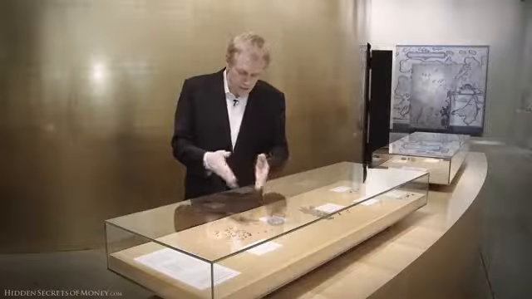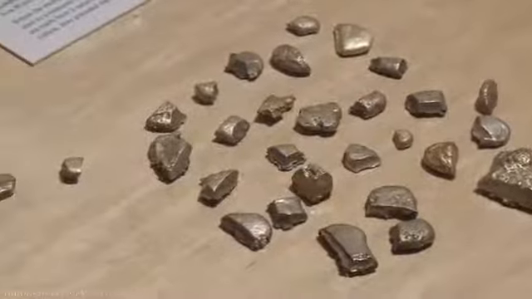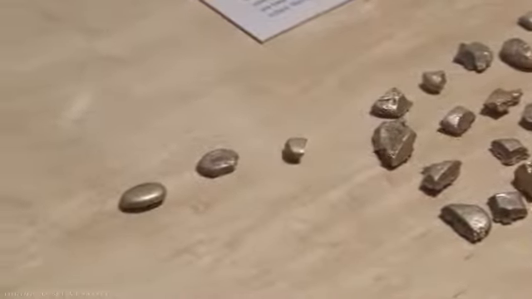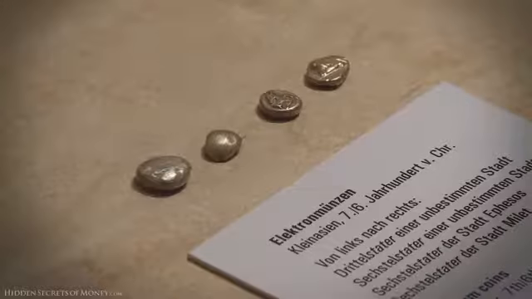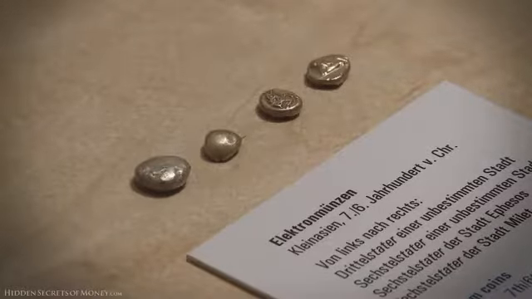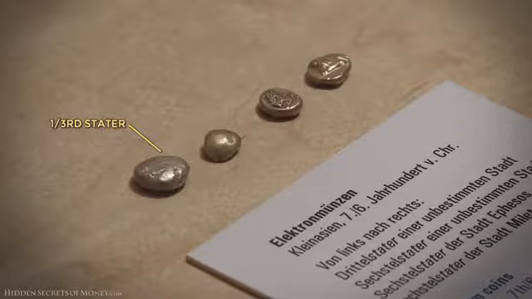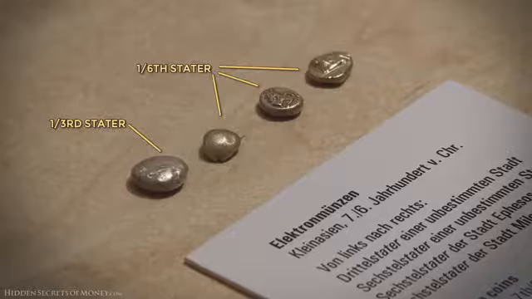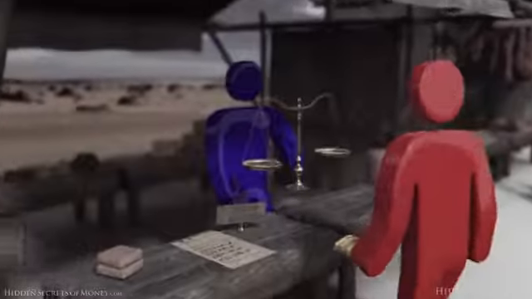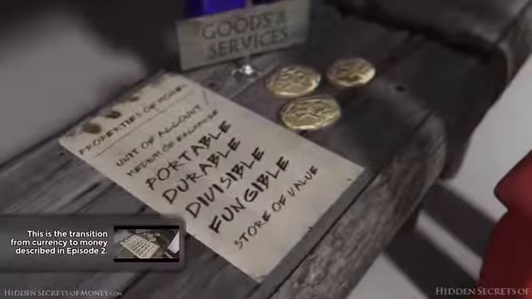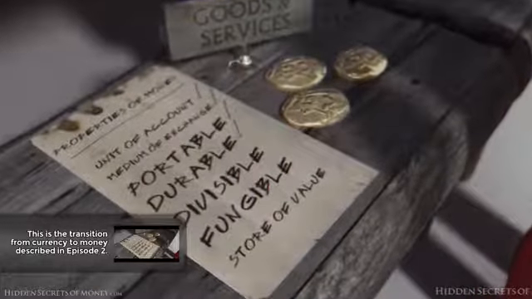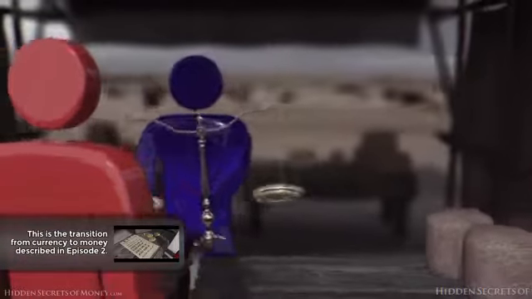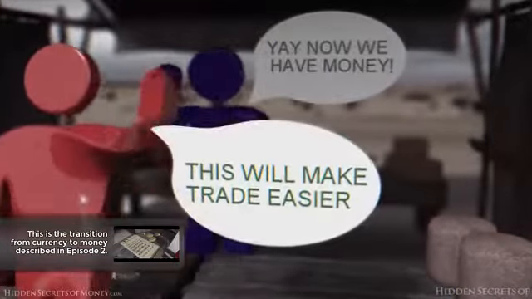What you notice is that this is from the 7th century BC, and then between the 7th and the 6th century, we're talking about somewhere between 680 and 630 BC, the emergence of true money. Here we've got 4 coins. The large one is a 1/3 stater coin, and the other 3 are 1/6 stater coins. Each unit is interchangeable. It's now a unit of account. You can take so many of these in trade for so many loaves of bread, and you don't have to break out your little scale and weigh them any longer.